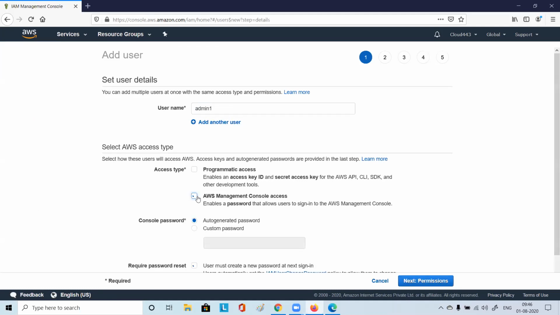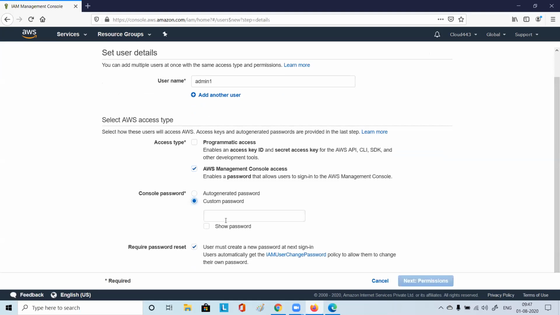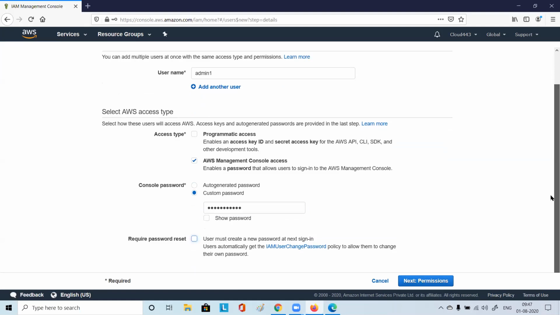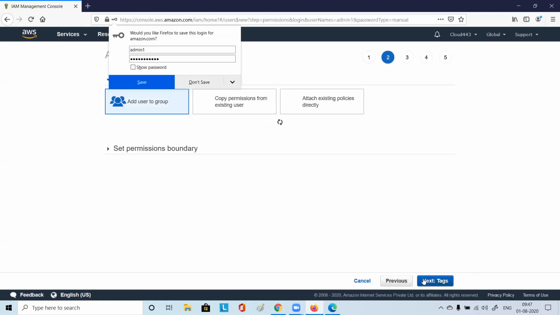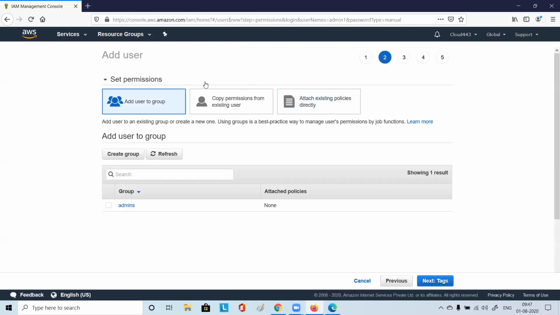Access type: you remember last time we had done this, AWS Management Console access with an auto-generated password or a custom password. So I can give some password. I don't want a required password reset.